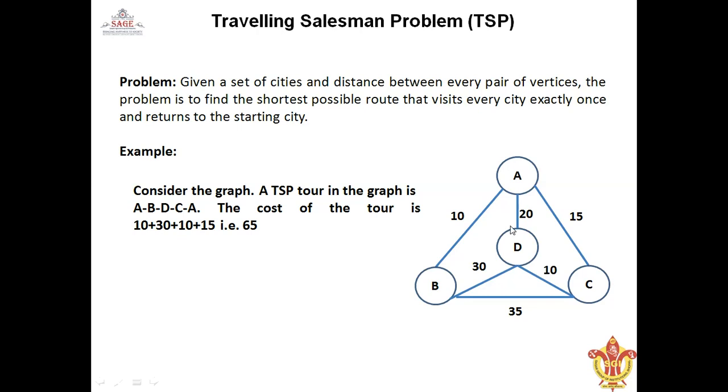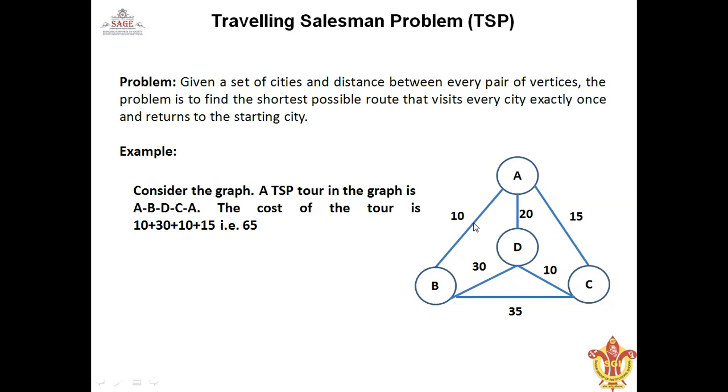So a graph is given here, and we'll have to traverse this graph, and we'll have to start from a node. Suppose we'll start to traverse from this node A, and we'll have to come back to node A itself by traversing each node only once and taking care of the optimum cost. So there might be so many solutions, and this problem can be solved by using backtracking also.